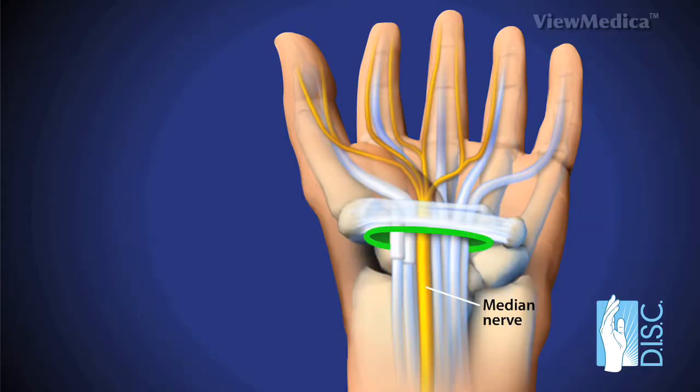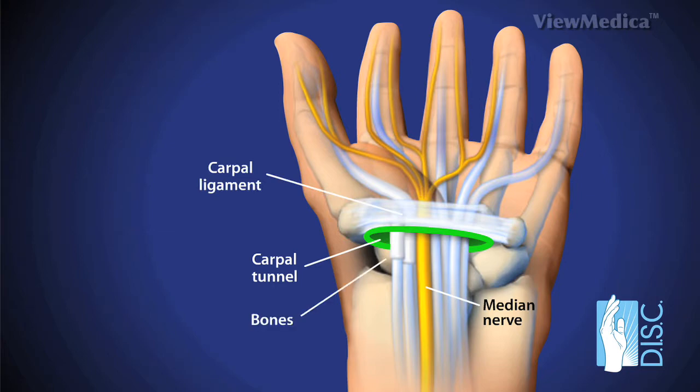Over 2.5 million people a year are inflicted with the diagnosis of carpal tunnel syndrome. To understand this diagnosis in better detail, it's important to understand a little of the anatomy in the wrist. The carpal tunnel is a tunnel deep in the wrist, and the floor of the tunnel is made up of the back of the bones of the wrist. Across that tunnel is a ligament called the transverse carpal ligament, which we'll talk about when we talk about the